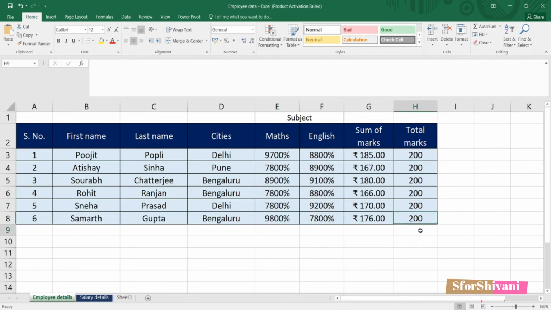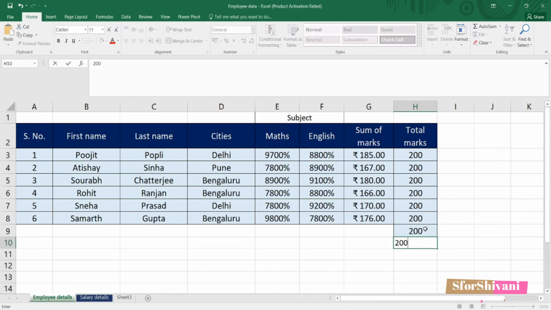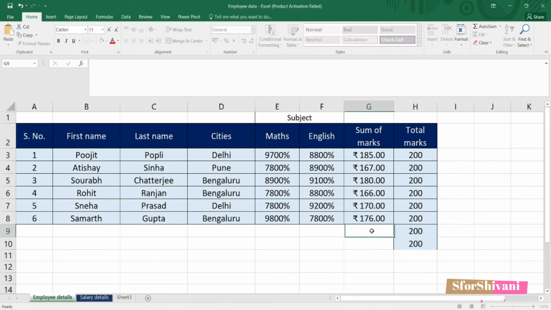Now sometimes if you want to copy whatever is there in the previous cell, all I have to do is press Control, Shift and the quote key, and it will copy. So wherever you have to copy it, you just have to press Control, Shift and quote. But if you have to copy the content along with the formula, let's say I am calculating percentage here.